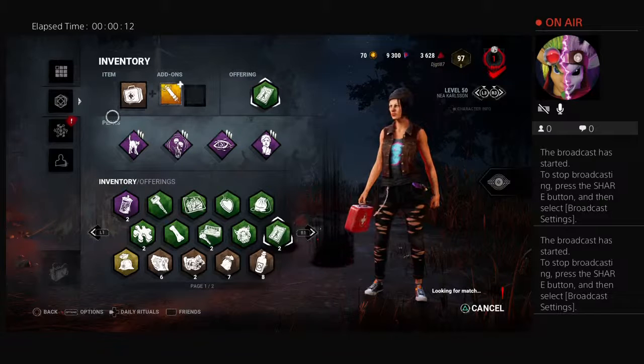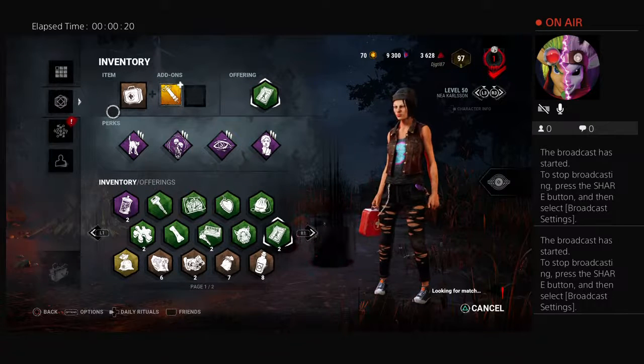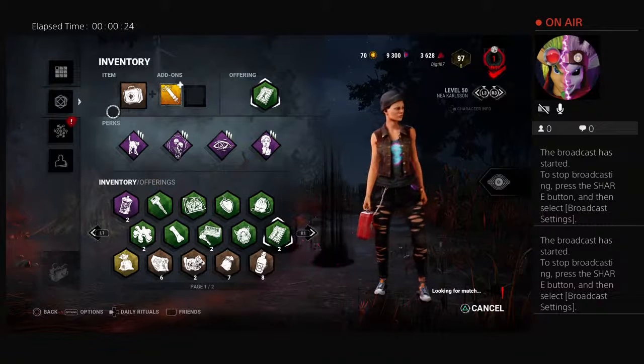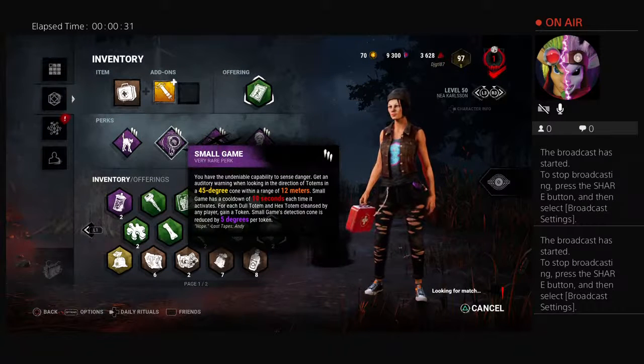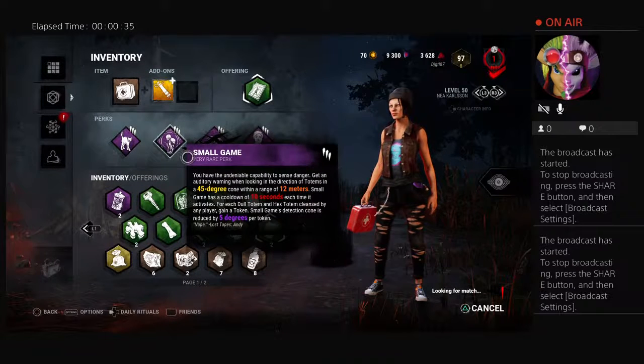Today we're doing some more underutilized perks. It's still a name I'm working on, using synonyms kind of with that. Today for the Survivor perk, it's Small Game, and you might not recognize this perk because its symbol has